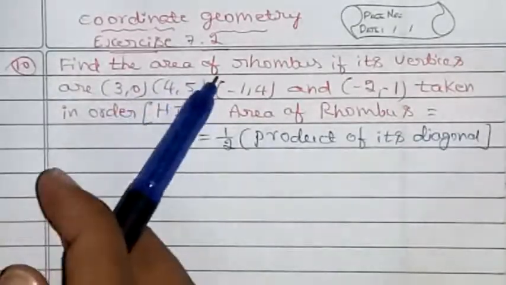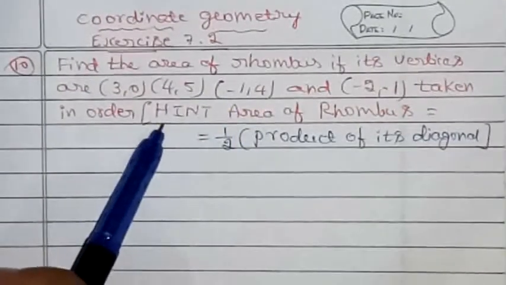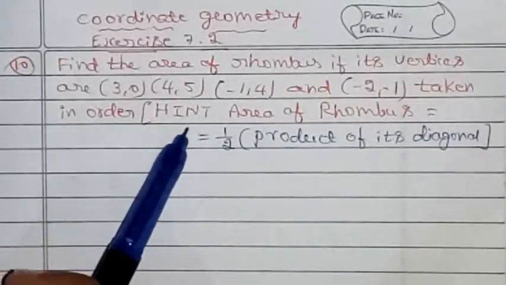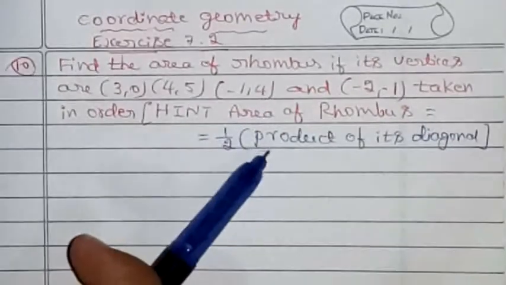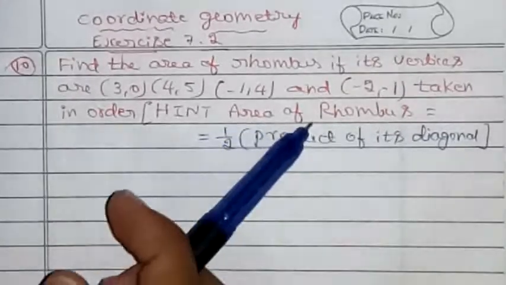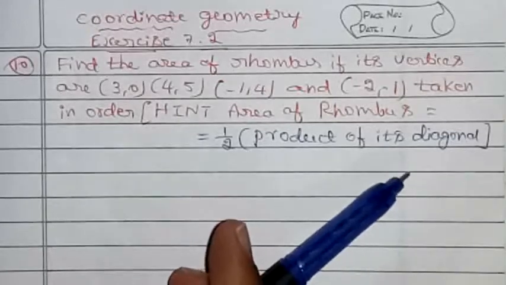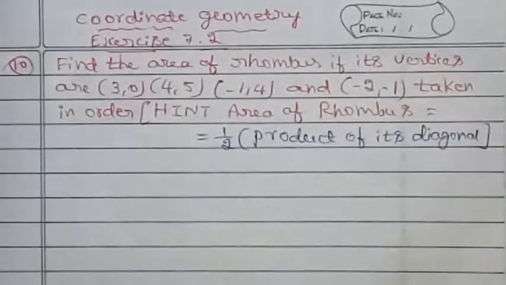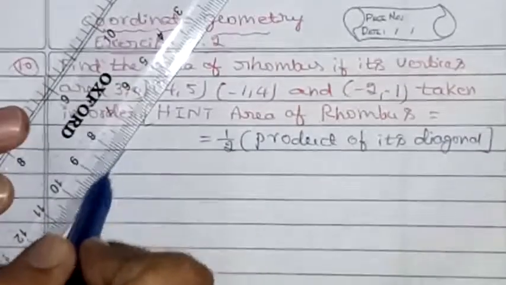You need to find the area of a rhombus, children, right? And in that question they are giving one hint. What is that hint? They have given a formula to find the area of a rhombus. By using this formula only we need to find the area of a rhombus. So the area of a rhombus equals half into the product of its diagonals. Now how to solve this, children? So before solving this, let me write the